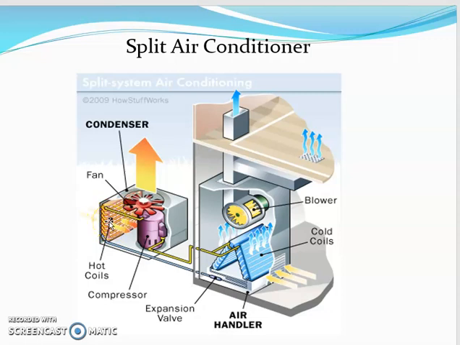The compressor raises the pressure of the refrigerant, and the high pressure, high temperature refrigerant passes to the condenser. Within the condenser, the refrigerant gets condensed, and the liquid refrigerant is passed to the expansion valve or capillary tube. There is a restriction of flow of refrigerant, and thereby it reduces the pressure from the higher condenser pressure to the lower evaporator pressure. Again it passes to the evaporator or cooling coil, and the cycle repeats. So this is how a split air conditioner works, on the same principle of vapor compression refrigeration cycle that we discussed in window AC.